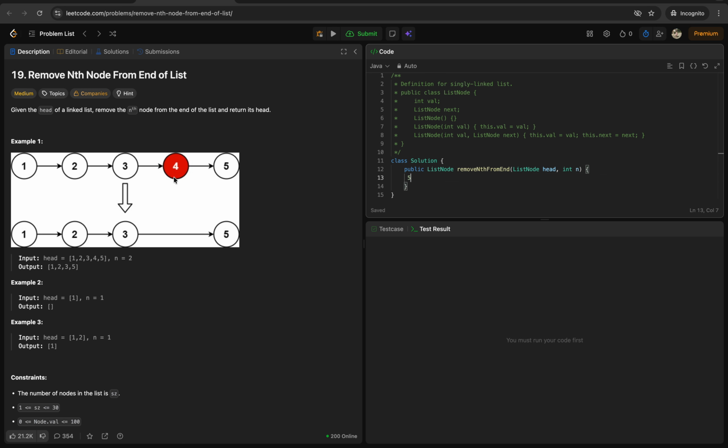So in order to do this in one pass, what that means is that we need to traverse this whole linked list only once. We cannot traverse the whole linked list and find the length and then do it. We can traverse only once. So for that,